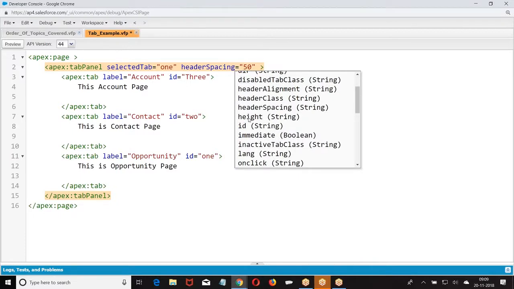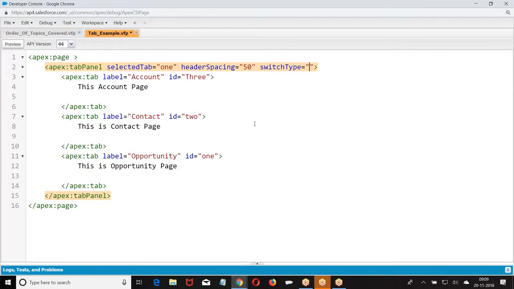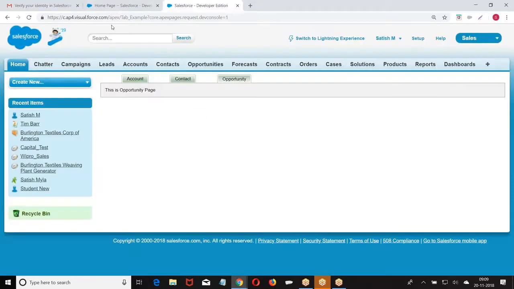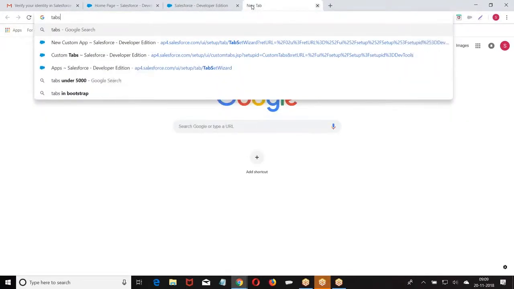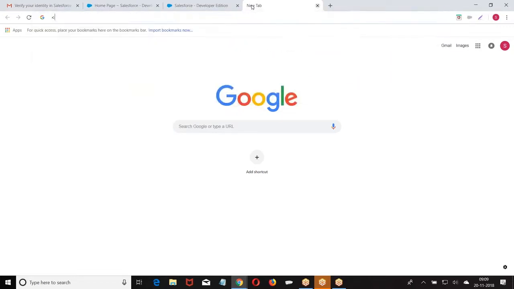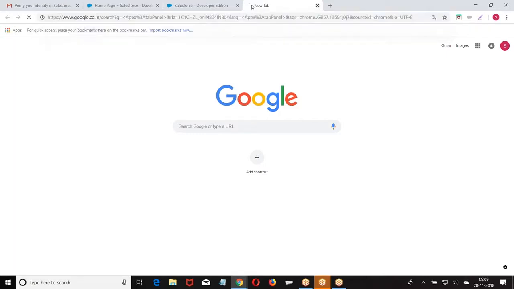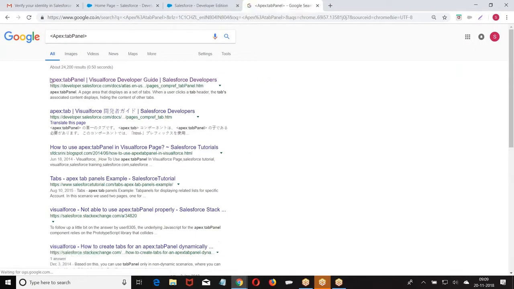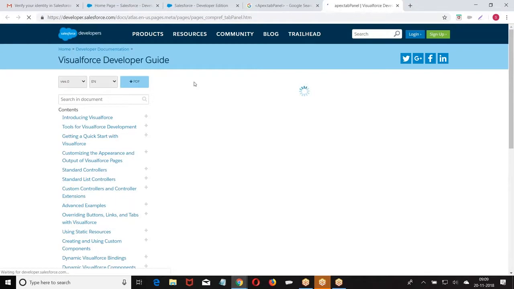So we have other properties which we can apply, like switch type. Right now we are not applying any Apex programming, just trying to understand the properties: what properties we have and what they are used for.